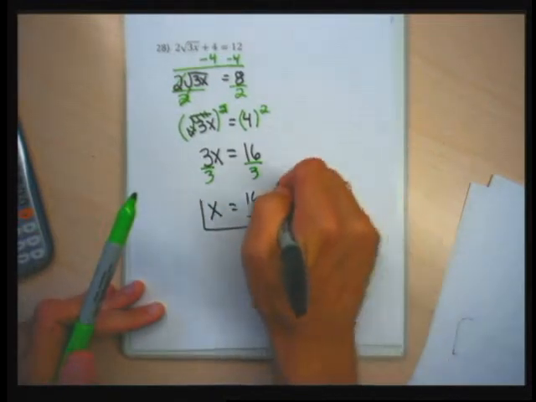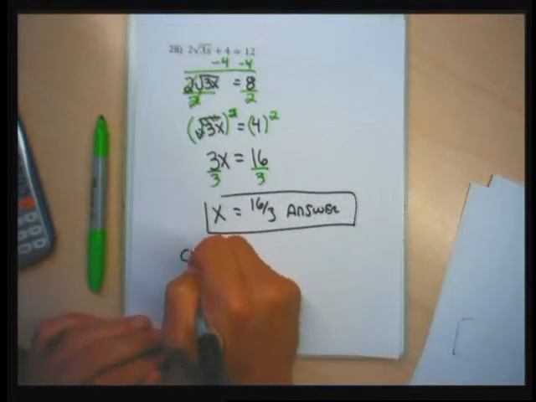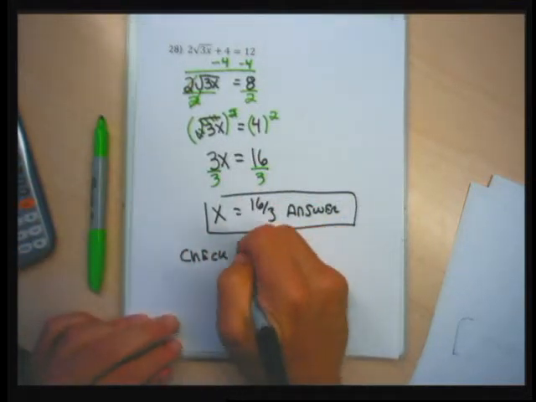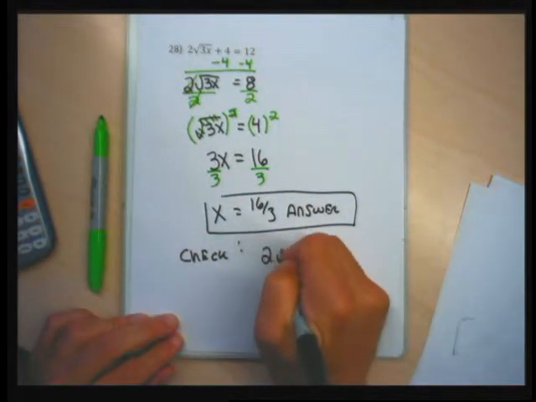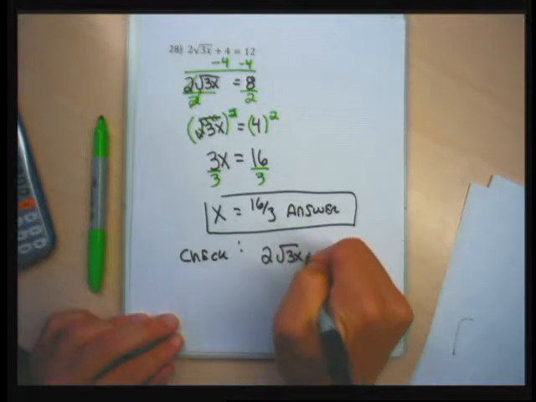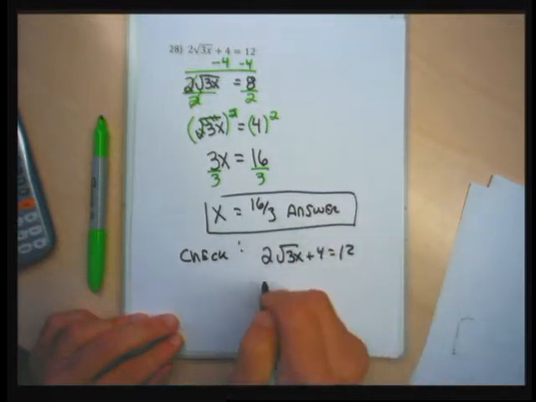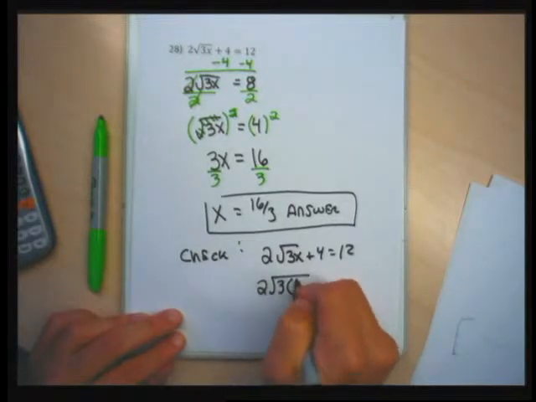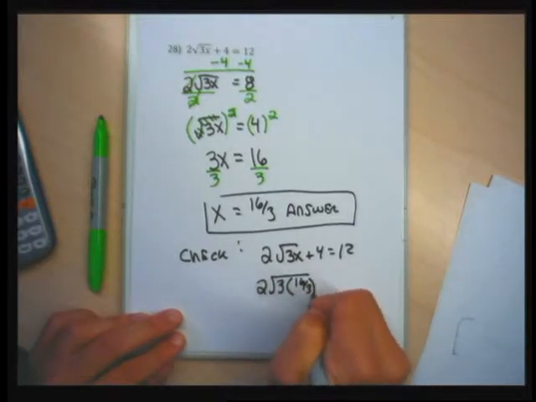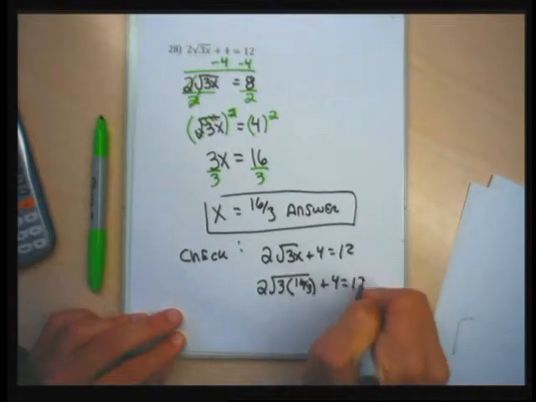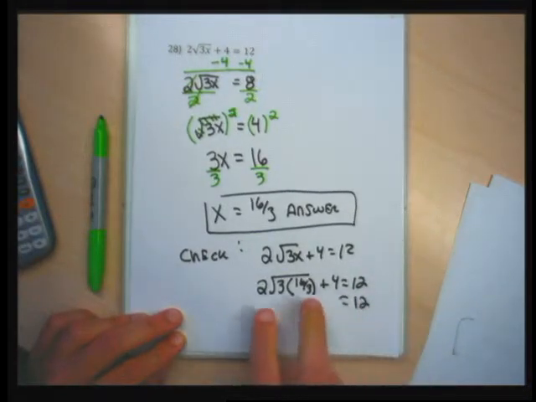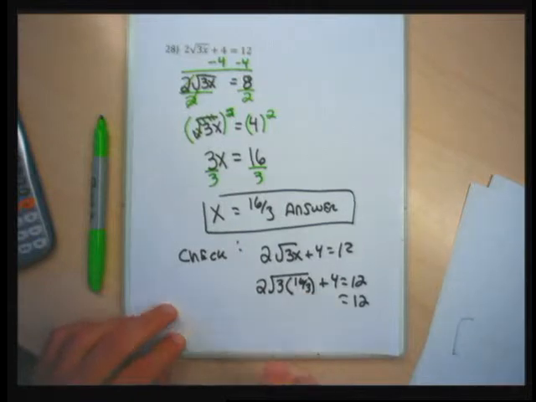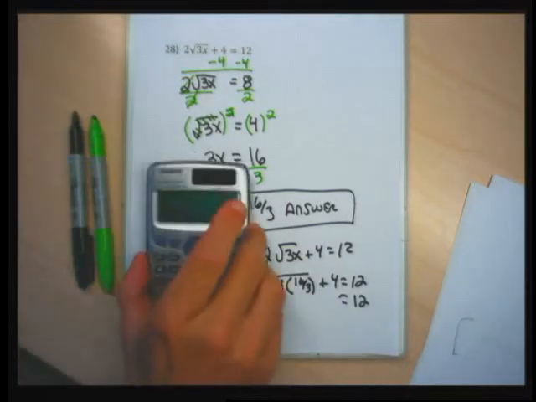Anytime I get an answer to a problem that has an equal sign, I should check, because it's effortless to check in some sense. The original problem was 2 times the square root of 3x plus 4 equals 12. It should be the case that 2 times the square root of 3 times 16 over 3 plus 4 equals 12. So this side has to reduce to be 12 again. For me, it's not hard to do this. So I'm going to go